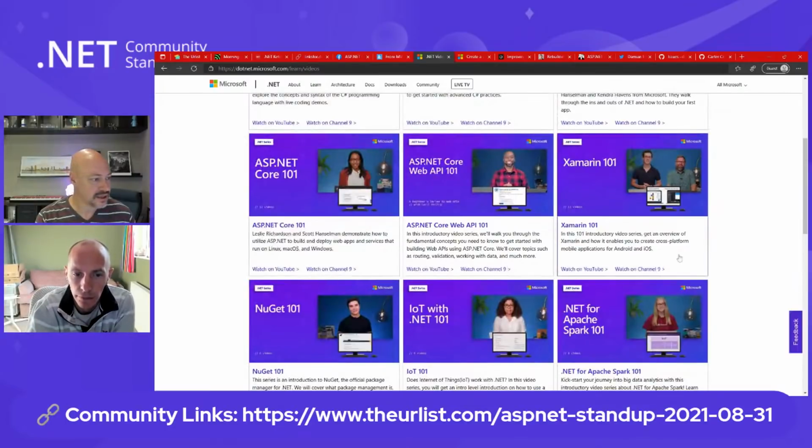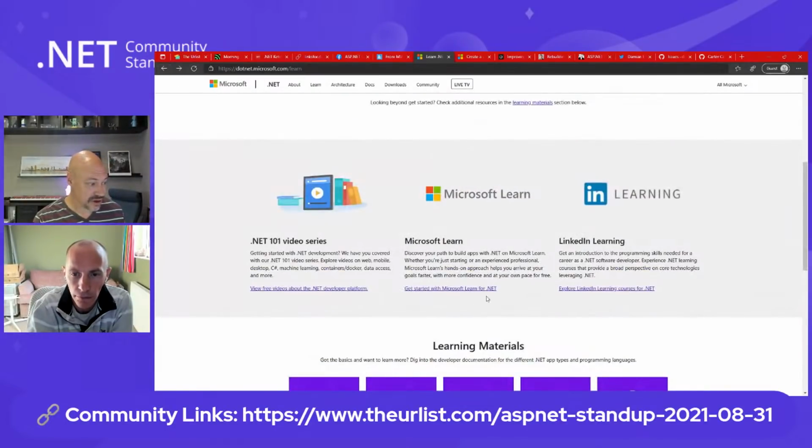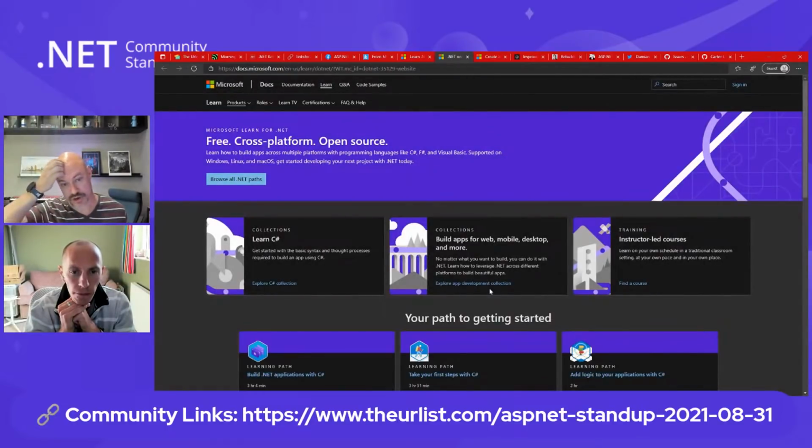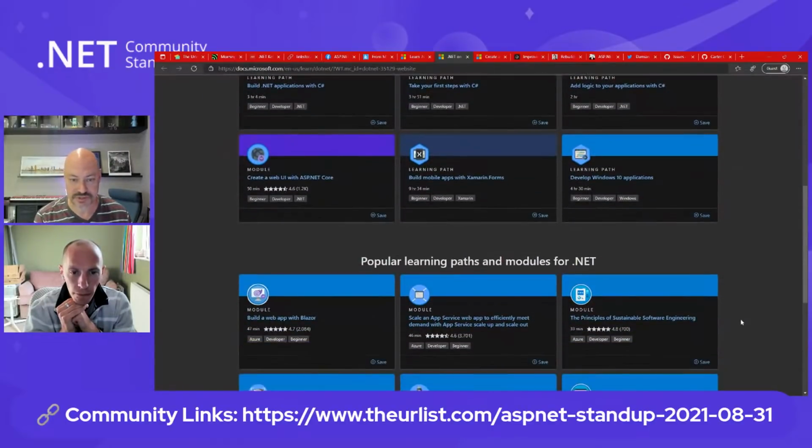And then inside of Microsoft Learn, we've got a lot of content for .NET. We're working hard on this. I'm working across several different teams, and we're trying to identify gaps, and we're watching for which kind of courses people are starting and not finishing, and trying to make things easier to follow.